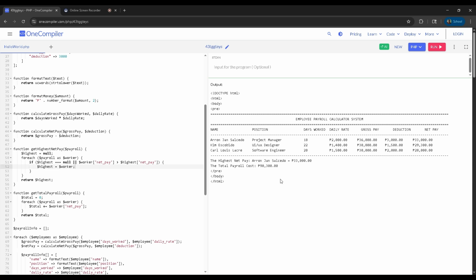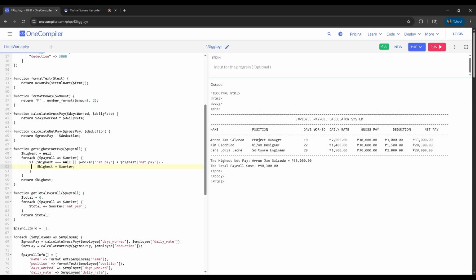Next is the function to get the highest net pay. In order to get the highest net pay, I'm using highest, which doesn't have any value at first, like zero. It starts at zero, and once it goes through each, it will have a value.